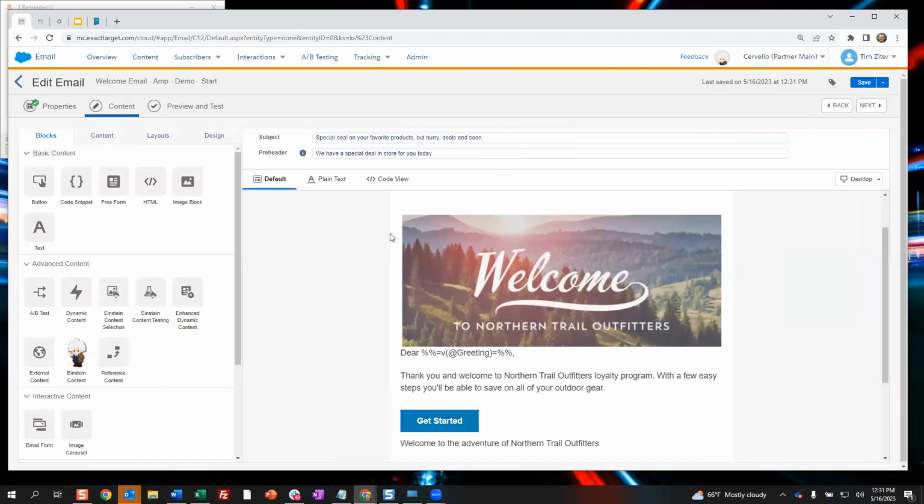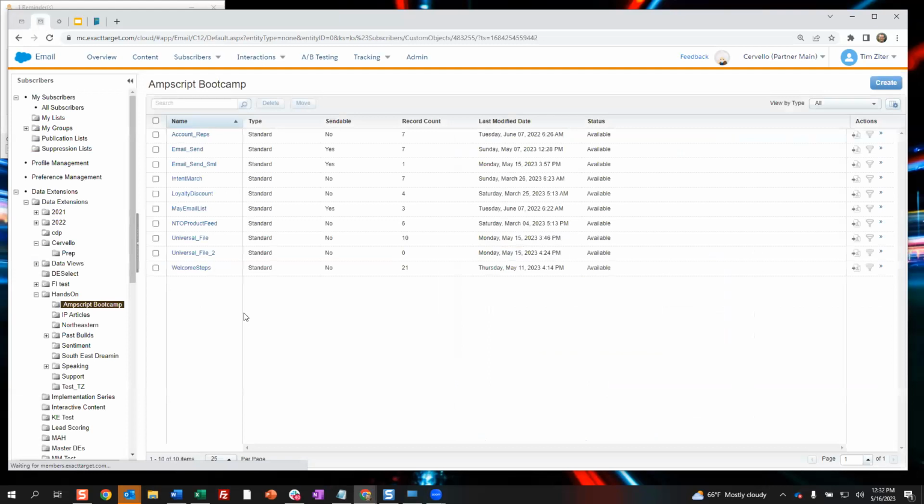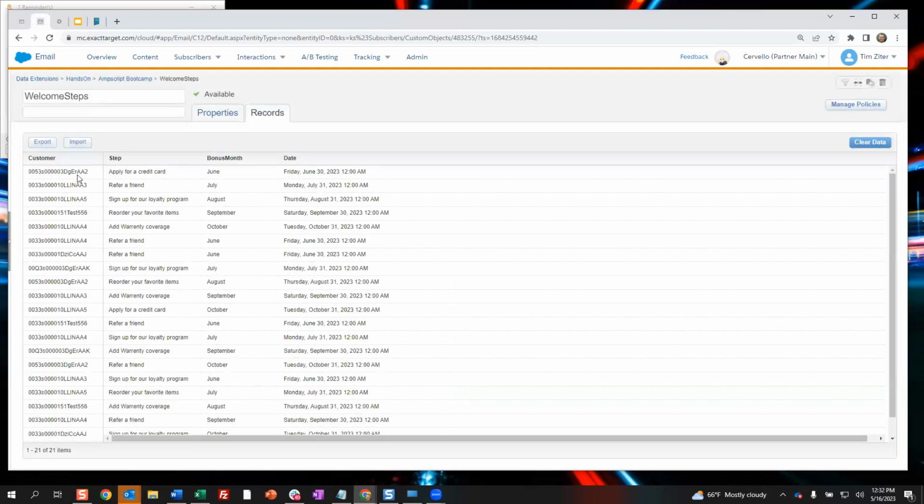as a loyalty member. So luckily, we've got another data extension that was created by the IT group, and it's got a listing of all these steps that we want to render in the email itself. So it's a complete list of all the steps based on those new members, and it's just a full listing by their subscriber key. It lists the step that they would want to take to improve their loyalty program, and then there's also this bonus month that if they complete it by a specific month, they'll get some extra bonus points in their loyalty